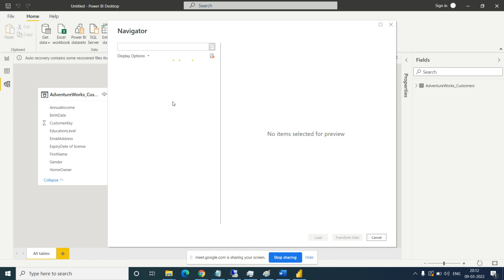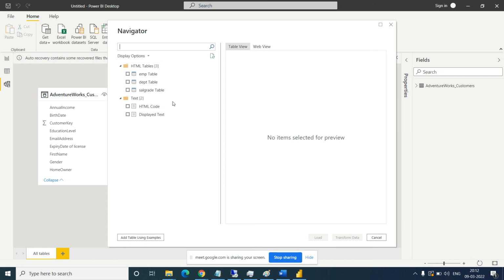We have a requirement that we want to connect to the employee data and department data, and need to find out how many employees are in a particular department, and for which location. This kind of requirement we receive. So how will we do this, let's see. Click on the employee and department tables, take the data.